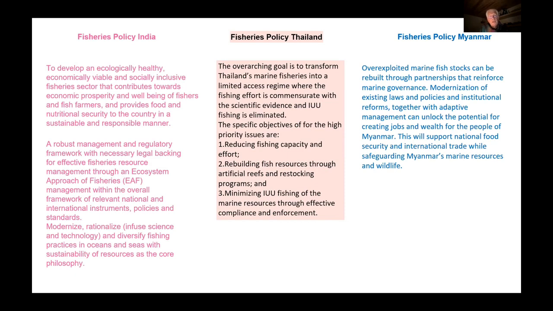The situation in Thailand is rather different. They have very substantial overfishing with a lot of stock loss, and many pressures on Thailand fisheries to improve that situation. And this policy that they have recently published describes the transformation that they need to make to bring about the necessary conservation measures to rebuild fish stocks. So the policy currently in place for Thailand has very specific objectives to deal with the very difficult problems.